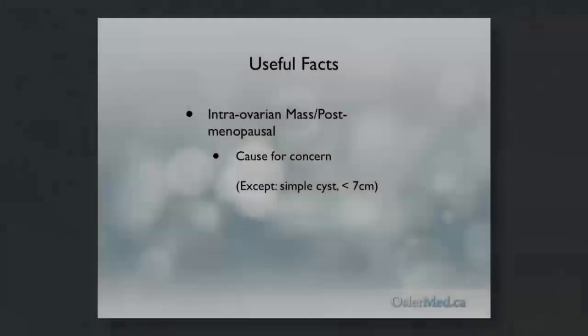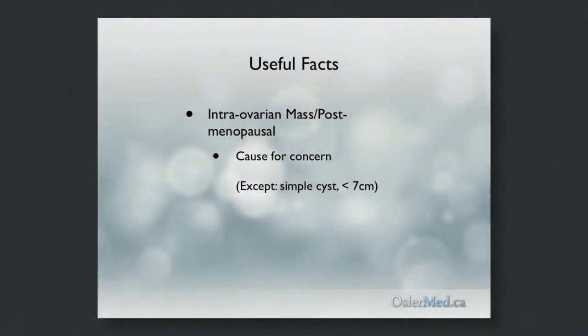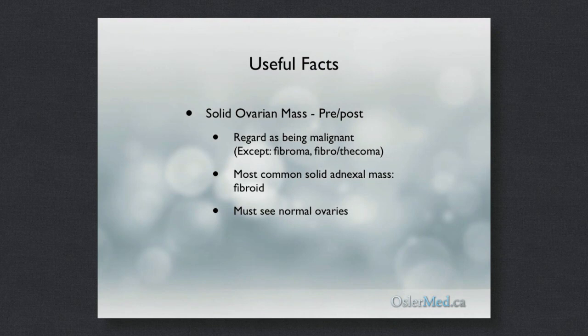Another important fact is that if you have an intra-ovarian mass in a postmenopausal patient, in general, it's cause for concern, the exception being a completely simple cyst. There's also one solid mass that maybe we can follow, but I will discuss that later. Solid ovarian masses, whether pre- or postmenopausal, you should regard as being malignant. But the exception I alluded to is the fibroma or fibrothecoma. They can have a very specific sonomorphology, are benign, and can probably be followed, particularly in older patients who may